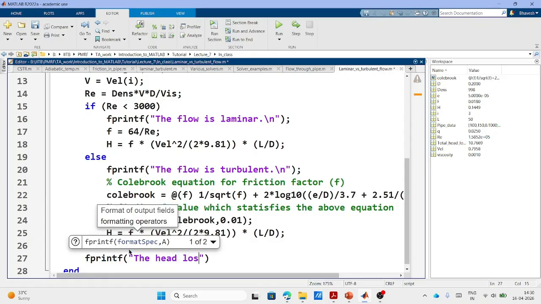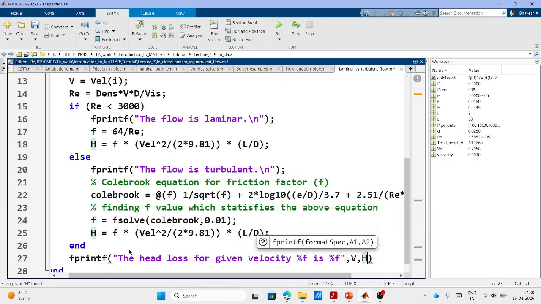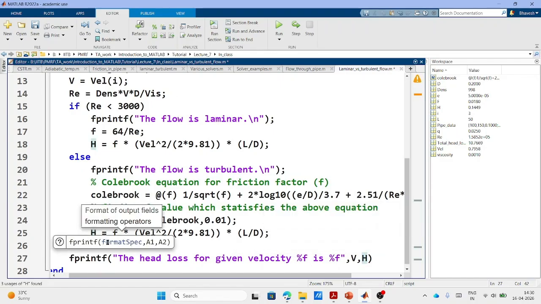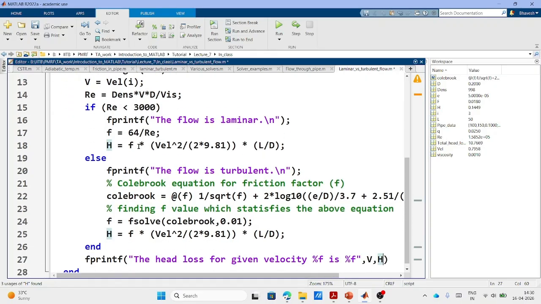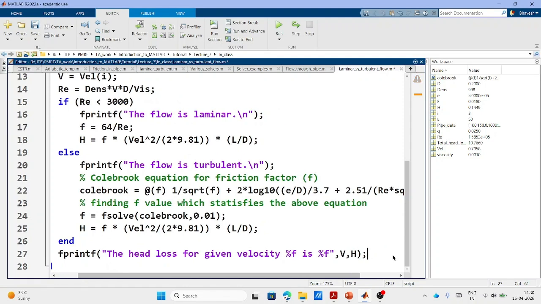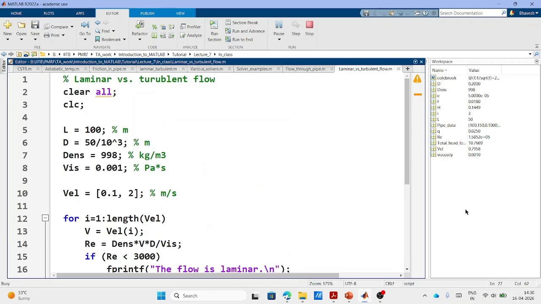the head loss for given velocity, percent F is percent F. Then you have your velocity value V, your head H. See here, I'm not updating the H because it will be computed every time for the pipe flow, and I'm printing it. So this will be my strategy, and let's run it and see whether we have coded it correctly or